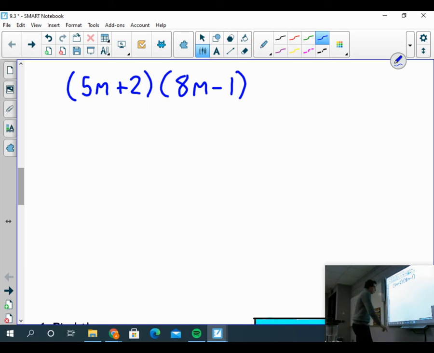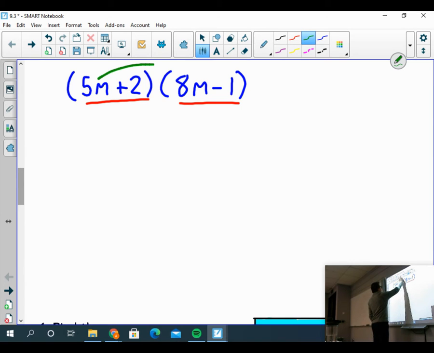Well, to simplify this, number one, if you feel confident, go ahead and try it on your own. Pause the video. To simplify this, again, because I have a binomial times another binomial, I got to make sure I distribute both terms in the first set of parentheses to both in the second set. I'm going to work my way left to right, so I'm going to do 5m times 8m and 5m times minus 1. So I'm going to get 40m squared